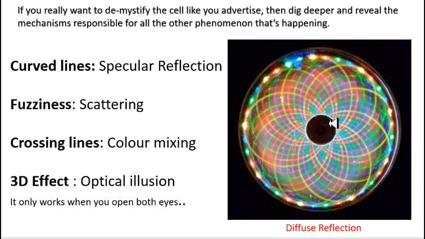The different colors that appear when the lights cross is simple light theory, and it's just color mixing. This is how different colors of light mix. And then the 3D effect that Tim wanted me to address is an optical illusion based on the fact that it only works when you open up both eyes. Okay, and so I think I've addressed all the issues that Tim was trying to get me to address, and so I just have one question for Tim, and that question is,